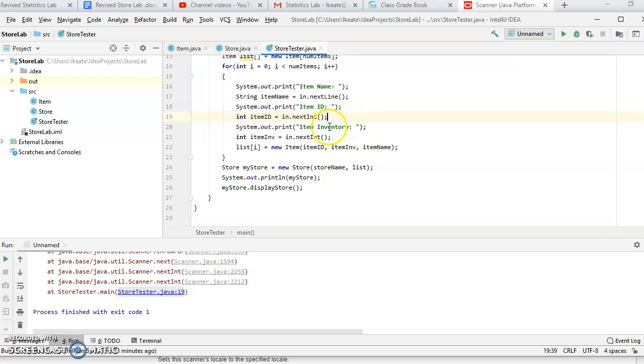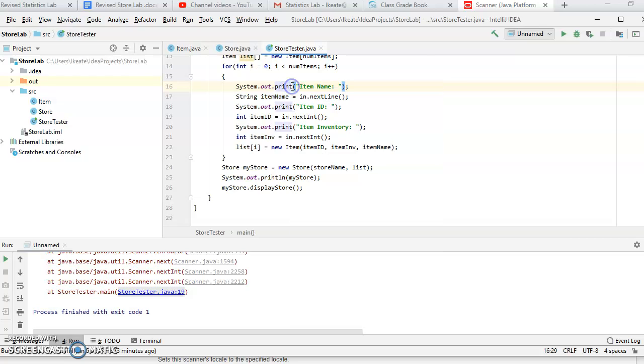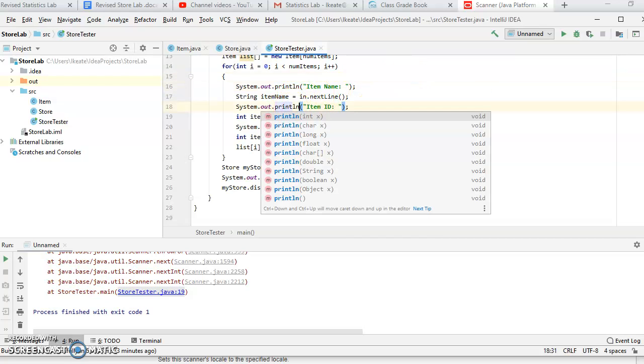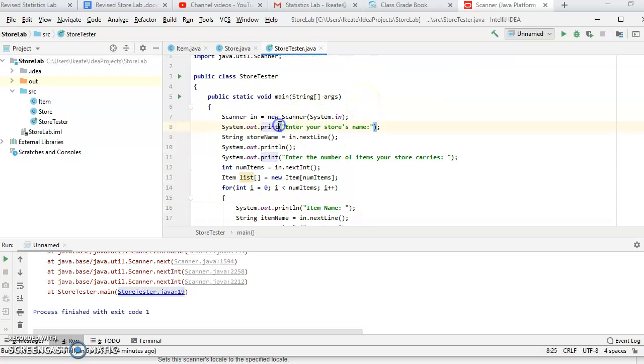Do we want this to be print line, each of these? Let's see if that helps. I am not quite sure. Let's see. This will fix it for me. All right, let's run it again. I'm going to stop this video and I'll rerun it again the next